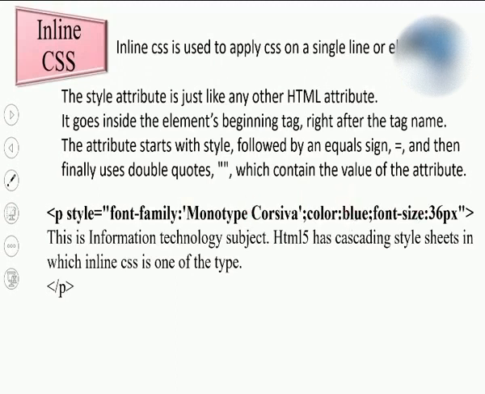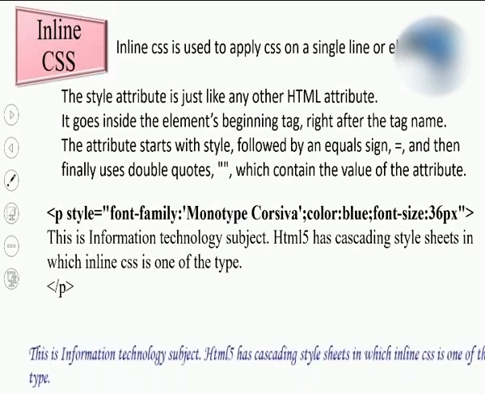I have specified the blue color, and observe over here, this is important, the px. If I want the font size of 36 pixels, this px is important to mention. If I do not mention this px, even if I mention 36, it won't apply the 36 font size to my paragraph. Students, I wrote the end paragraph tag because the paragraph tag is a paired tag. And if I write this code in my body tag, I will get the output something like this: a blue color, Monotype Corsiva font, and size 36.